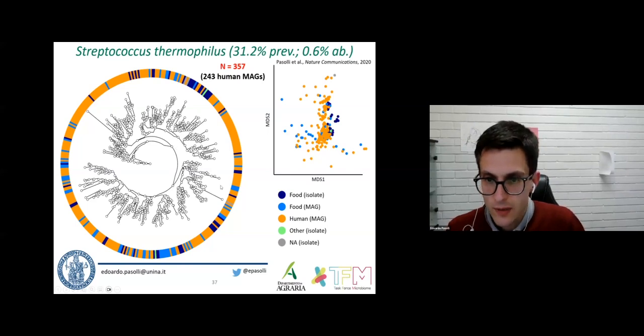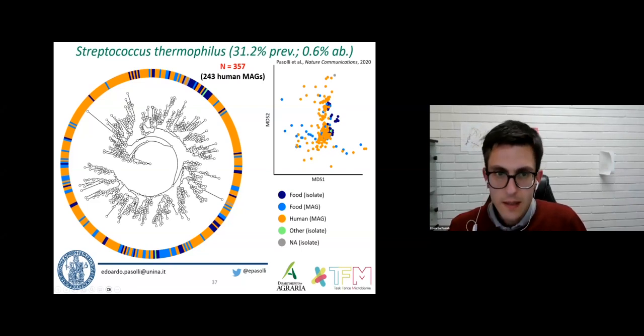And here we integrated food isolates with human isolates, and also food, both isolates and MAGs, with the human only MAGs, because we didn't find isolates from humans at the time, and we saw a strong overlap of the different strains present in the food and also